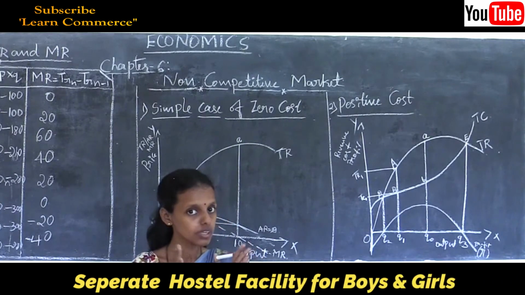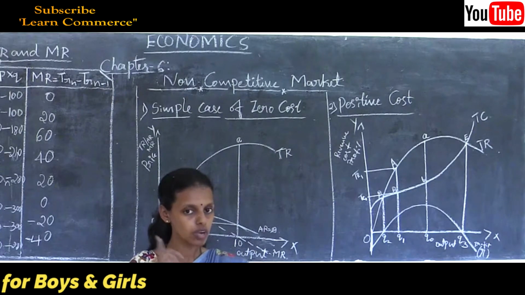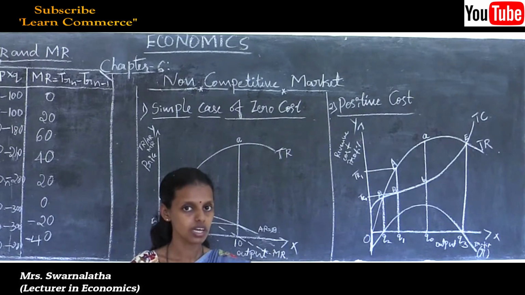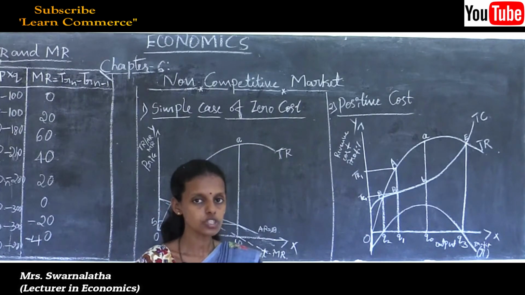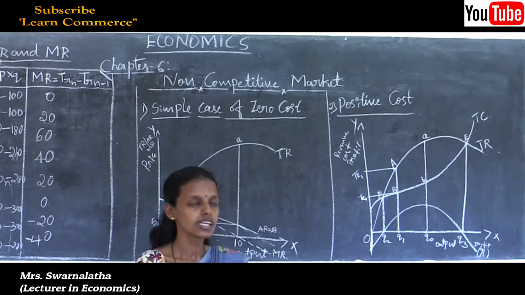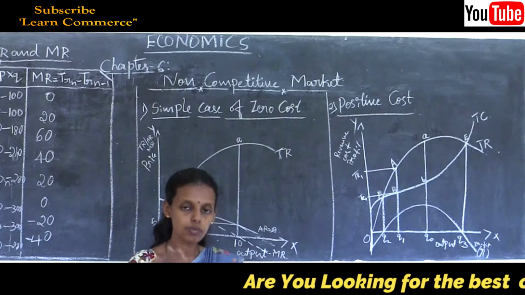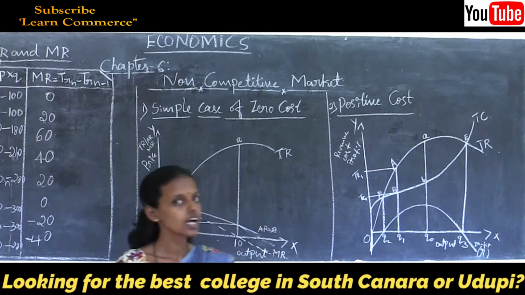So here, the well owner is a monopoly. Now you understood what a monopoly is. He controls and dominates that well. If others want the water, they should draw it only when they give money to him. So the cost of production is 0. During this period, he is keeping the price at 5 rupees per bottle, and so he can get the maximum profit from zero cost. This is the best example of the simple case of zero cost.